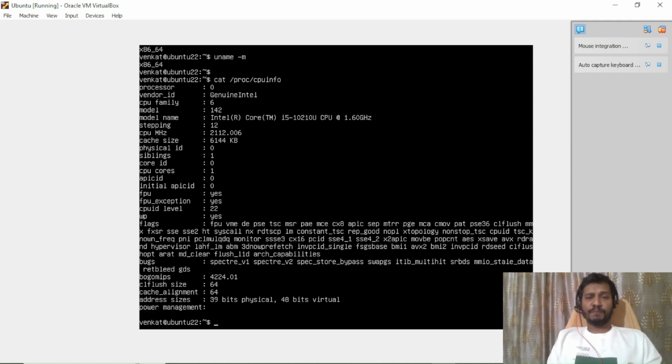But in this case, this particular virtual machine is created with only one processor. That's the reason we are seeing this as a 0. 0 means we have one processor at this time. Okay, so this is how you interact with